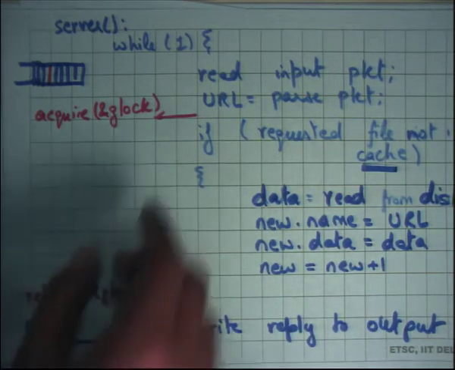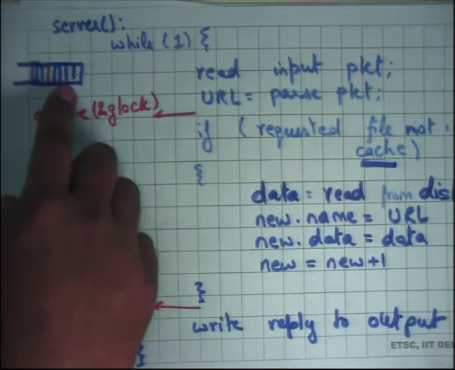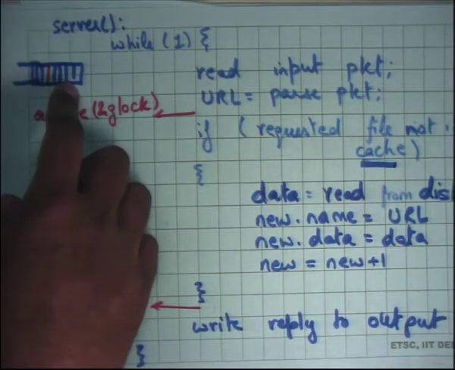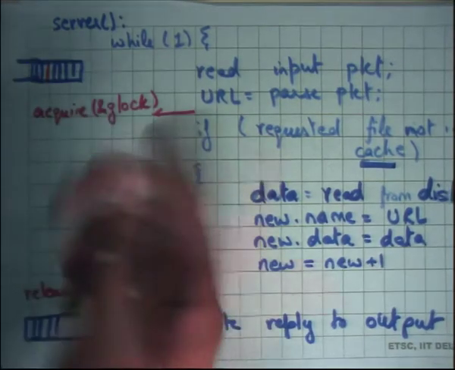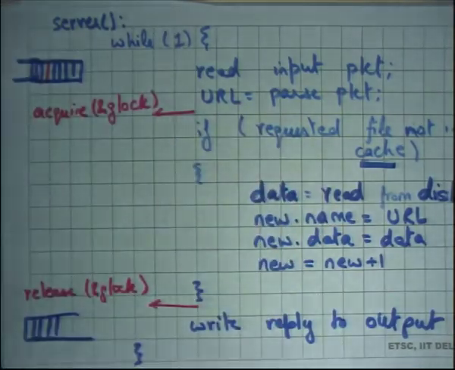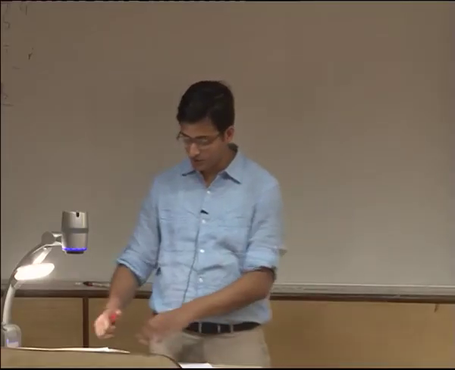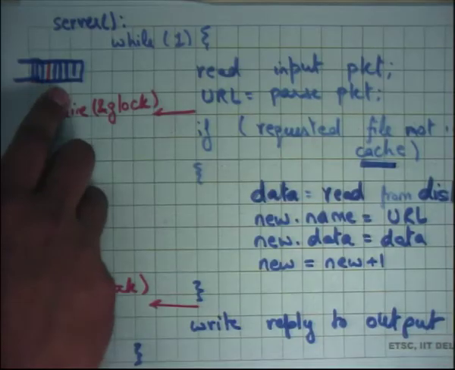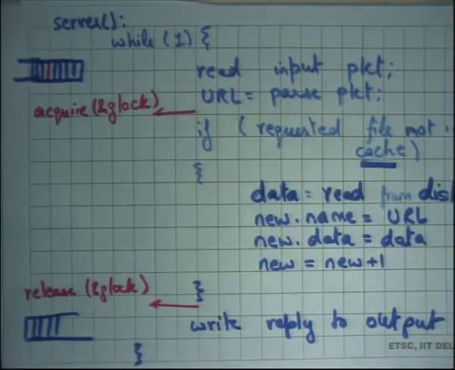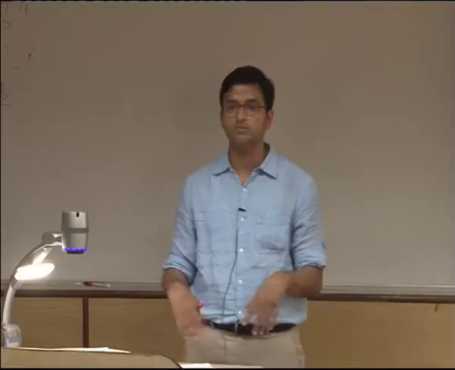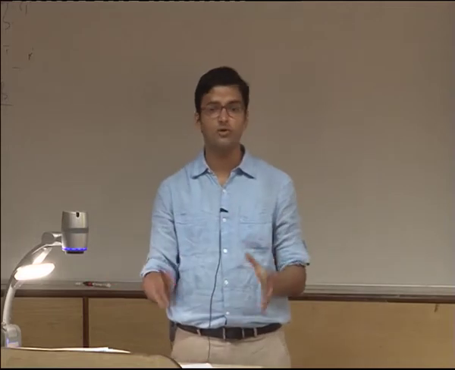So what has happened is, in the previous case, the request was waiting at the input queue. Now the request is waiting at the lock acquisition. That's the only difference. The waiting is still the same. Once again, the problem is, if I'm standing behind a cache miss, then I'll have to wait because the cache miss has taken the lock first, and he's going to take a long time. And even though my request would have taken less time, we are completely serialized. So the global lock will definitely not solve the problem. In fact, we have just made things more complex without increasing any performance at all.